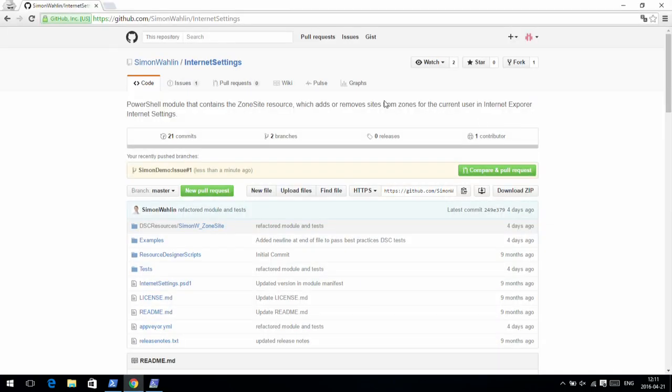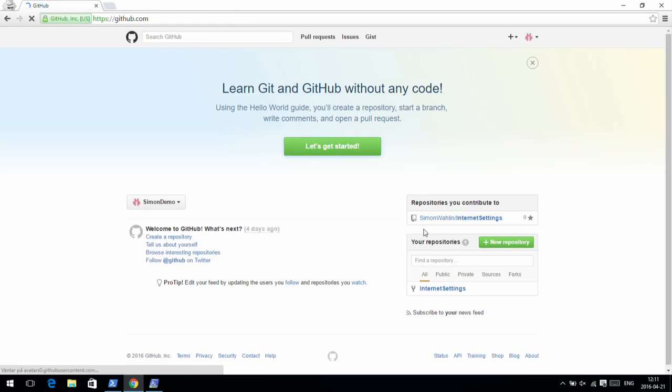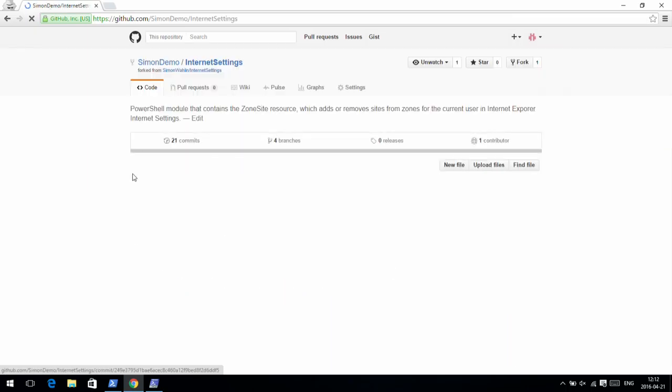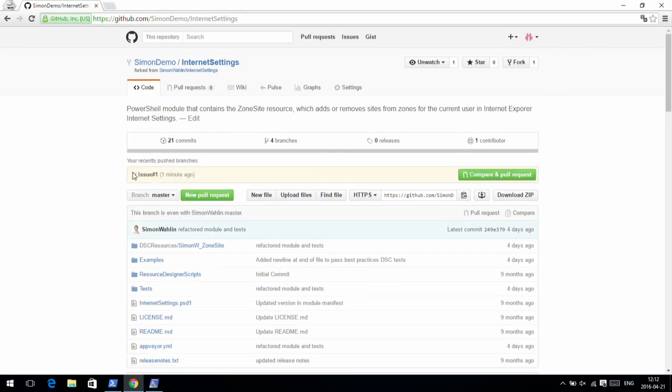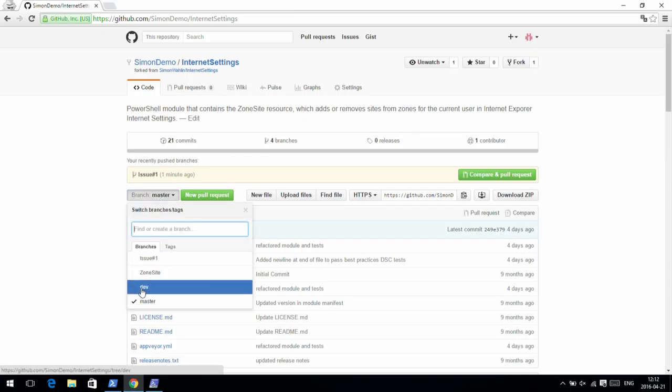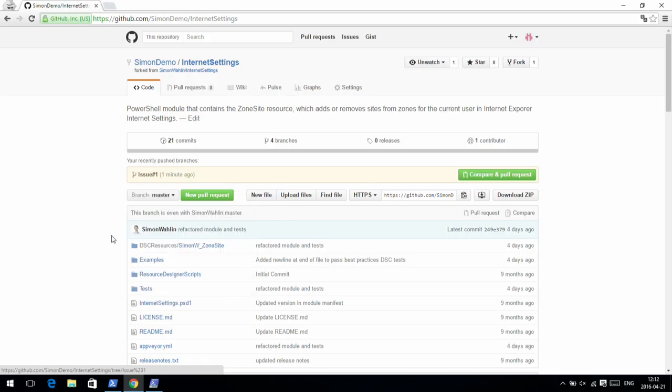So now I've uploaded my changes. If I go to GitHub and browse back to the repository, so this is my fork, we'll see that I recently pushed to the issue #1 branch 1 minute ago. And if I click on branches here, we'll see that I have a new branch called issue #1. So I now uploaded the branch. And what I'm going to do is create a pull request. So if I click new pull request,